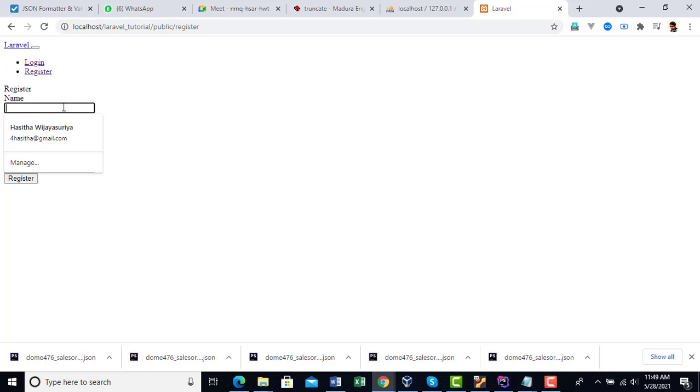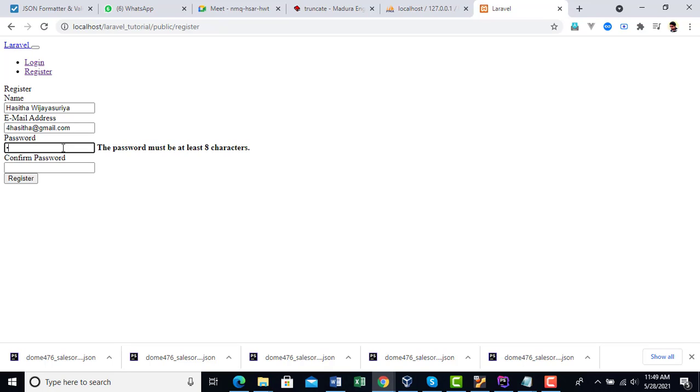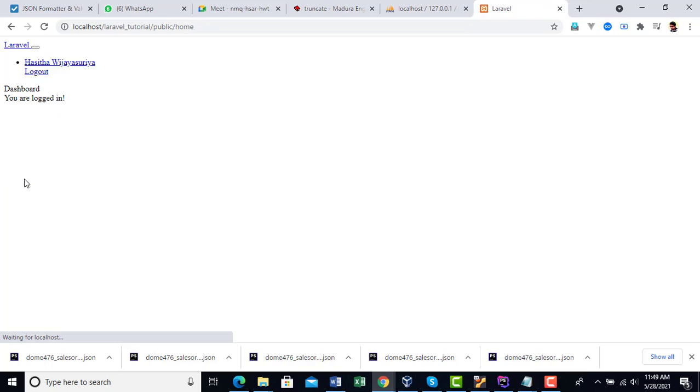Here I can add name and email, and also I can add a password and register. Here it says the password must be at least 8 characters. Then I give a password and register.